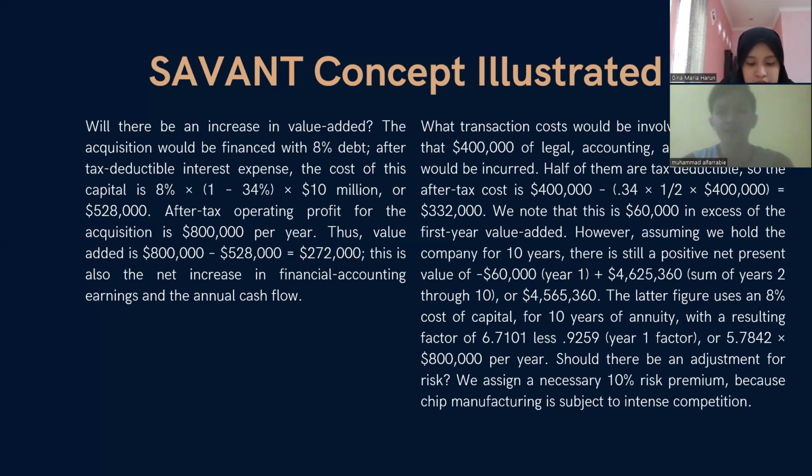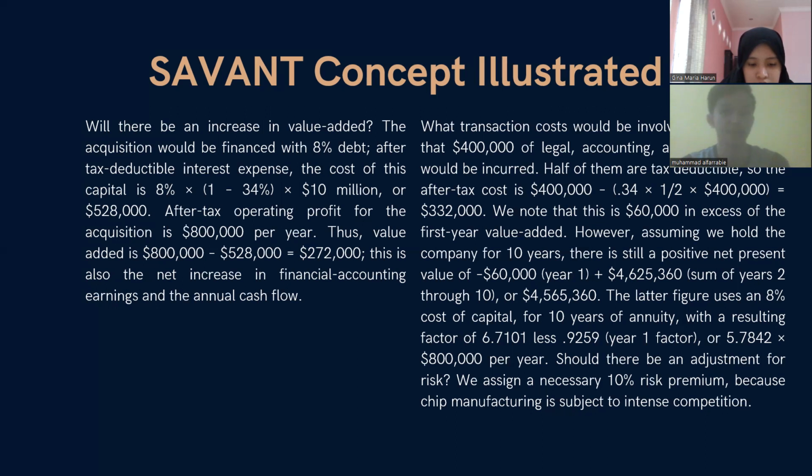The latter figure uses an 8% cost of capital for a 10-year annuity with a resulting factor of 6.7101 less 0.9259, the year one factor, which is 5.7842